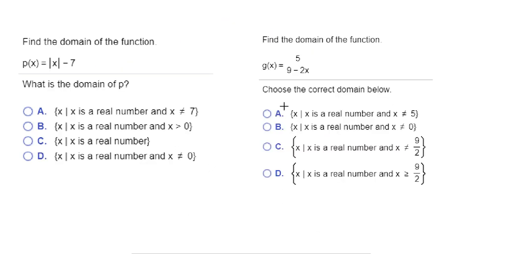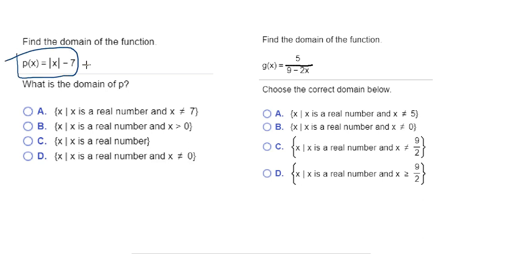So why don't you give these problems a try? This is kind of weird. This didn't copy over very well, but there should be a fraction bar there, I believe. So pause the video for a moment. See if you can determine the domain of these two equations. And once you've come up with what you think is the correct answer, resume the video to see if you had the right idea. All right, so in this first equation,